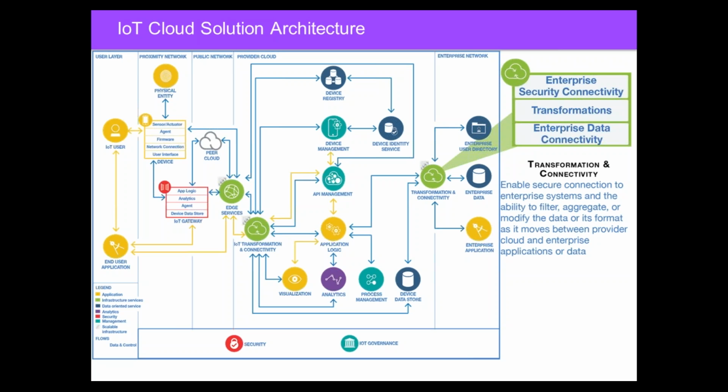So therefore, we have to have a way to transform some of the data on the way out, make some of those connections, get access to some of the data that's in the enterprise, maybe feeding data into the enterprise for certain things like I mentioned, the warranty system kinds of applications. If it may be a work order system, I'm going to try and interact with that. So I have to go through certain levels of connectivity and then transformation there.